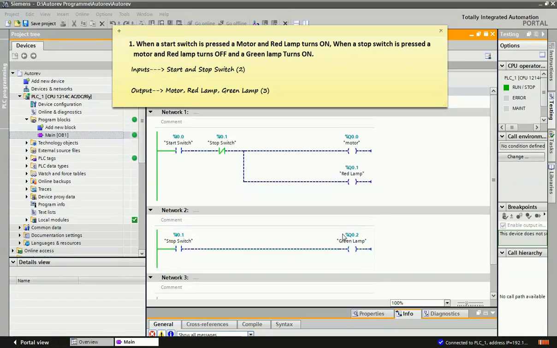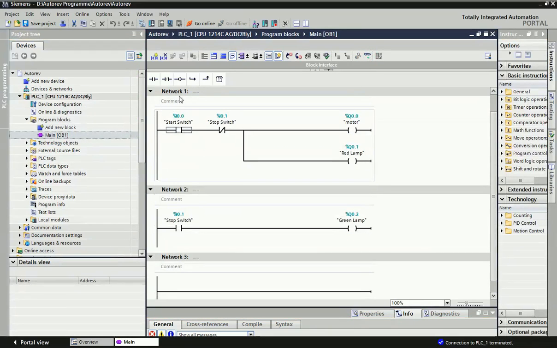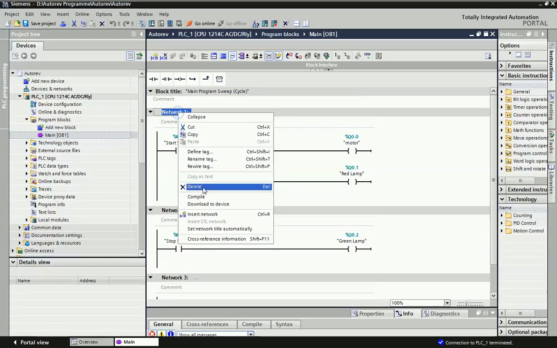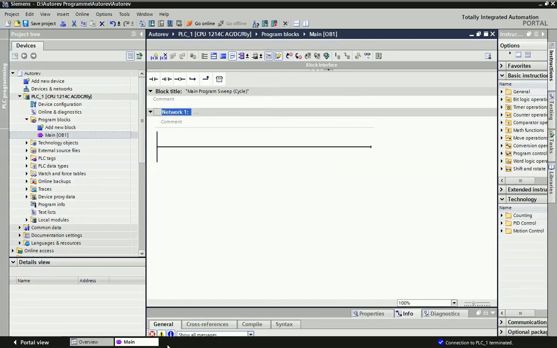So the second program is now completed. Now we will go for the third program. So now I will go offline and I will delete this network. So you can delete it from right click here. Now we will see